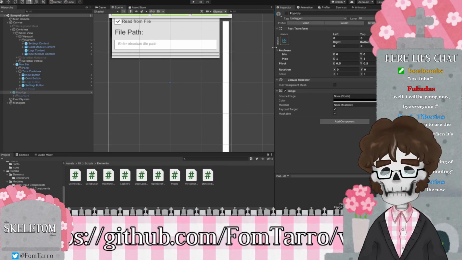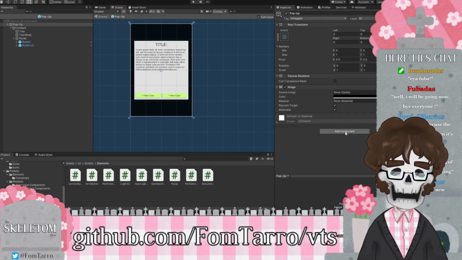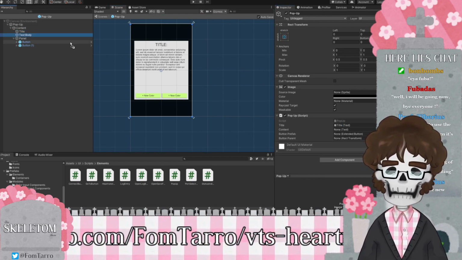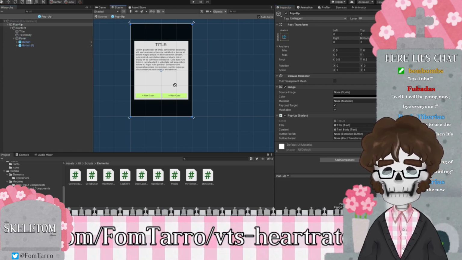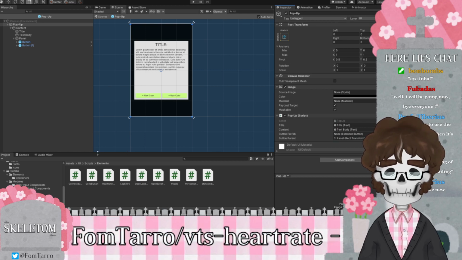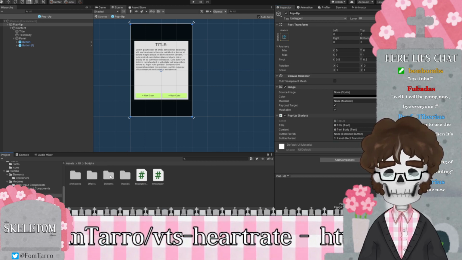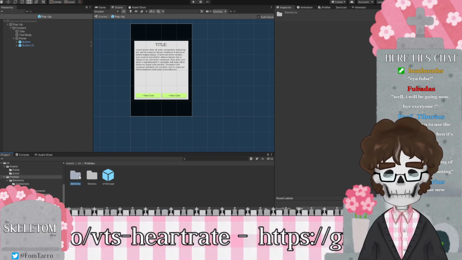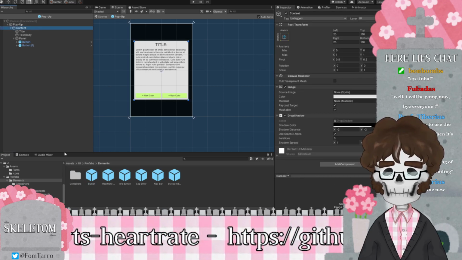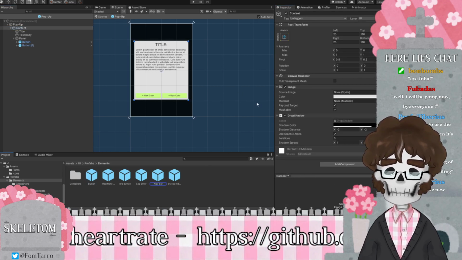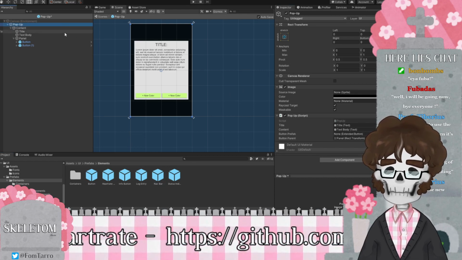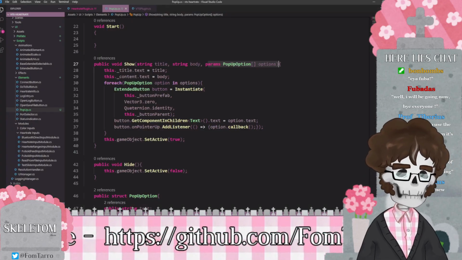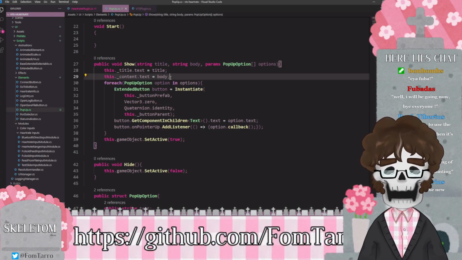Okay, so back to where we were with this pop-up thing. We're going to add pop-up. We've got our title, we've got our content, and then we've got our elements. Oh, I need to go to prefabs. Elements. Button. Like so. One other thing I need to do is make this clear the children out of the body of the